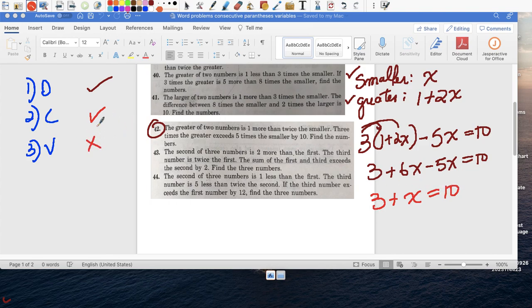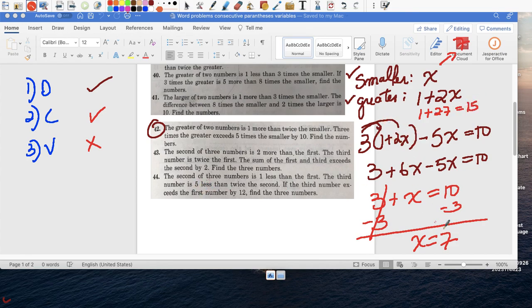No, so I don't have to worry about that. Now I just solve this. 3 plus what number equals 10? Well, obviously we know it's 7, so I subtract 3 from this side because this becomes 0. x is isolated, right? The only thing I have left over is x, which is what I wanted. And then 10 minus 3 is 7. So the smaller number is 7. The larger number is going to be 1 plus 2 times 7, which is going to give me